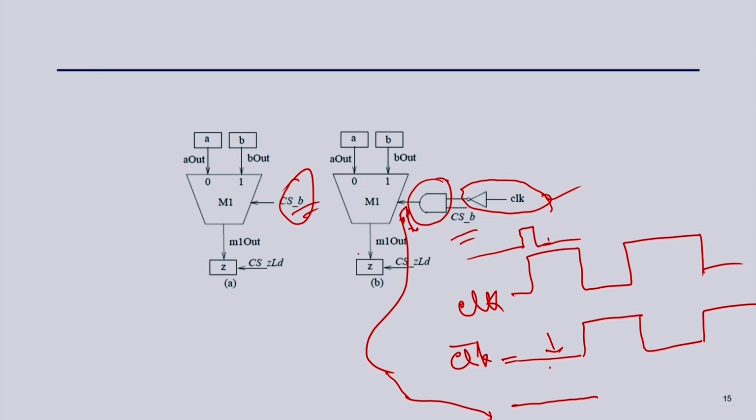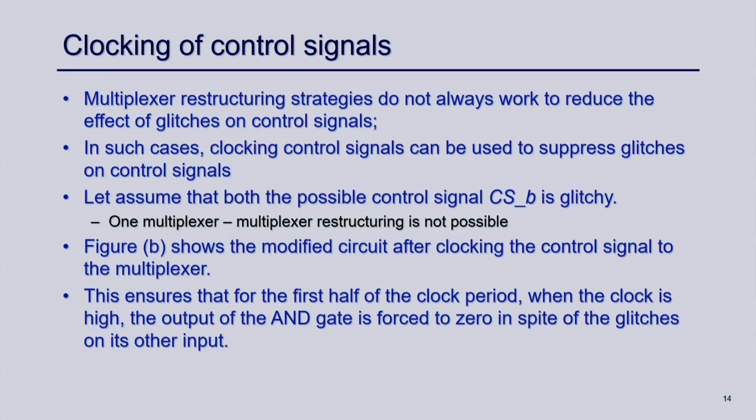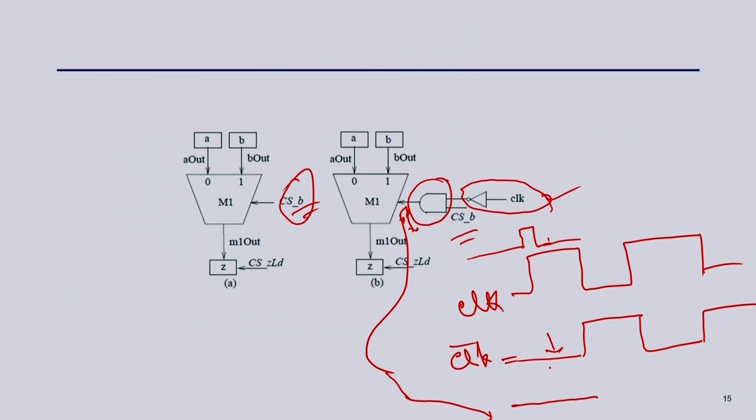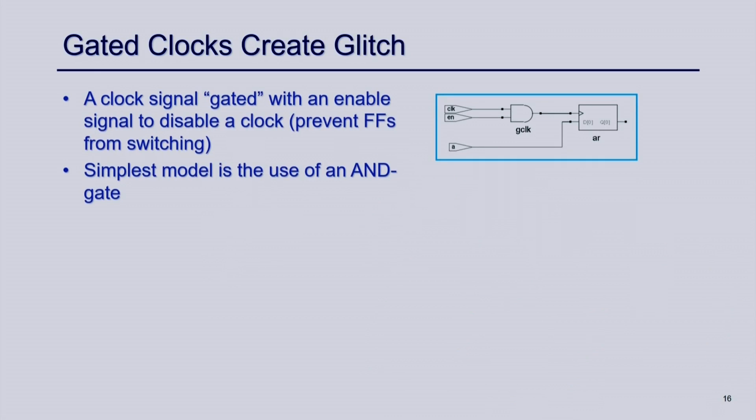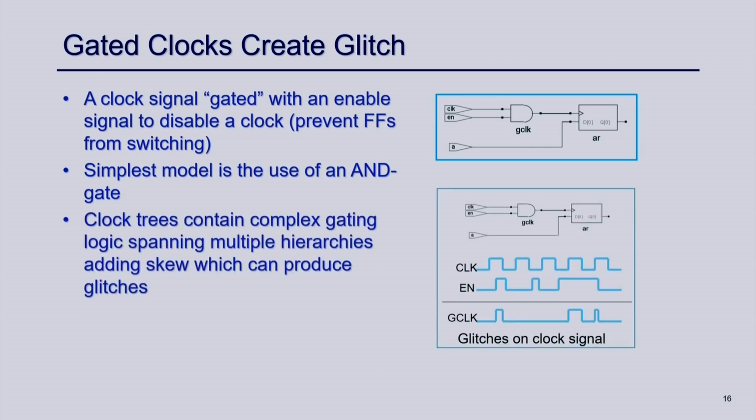So, I can actually eliminate this kind of glitch by clocking the control with the negation of the clock, ANDing with that clock bar, and giving it as a feed to the select line of the mux. So, this glitch will be eliminated by the negation of the clock. So, this is another technique to remove glitches, and hence it will also reduce the power consumption of your design. Okay. So, I will move on and talk about another technique which is called